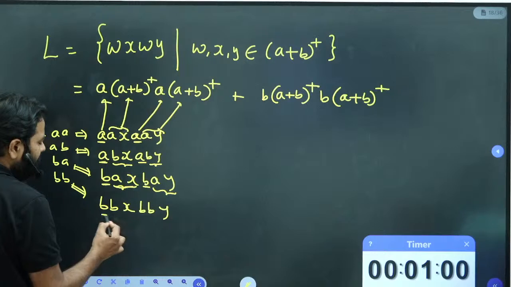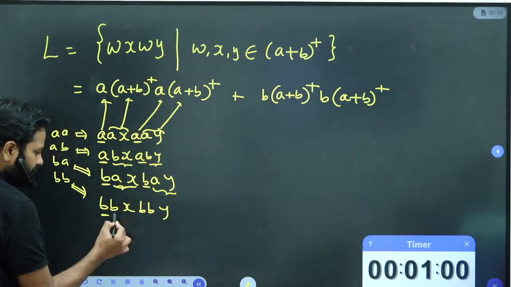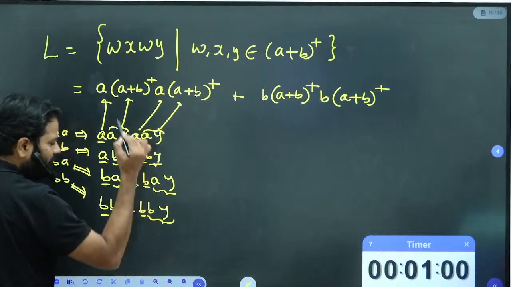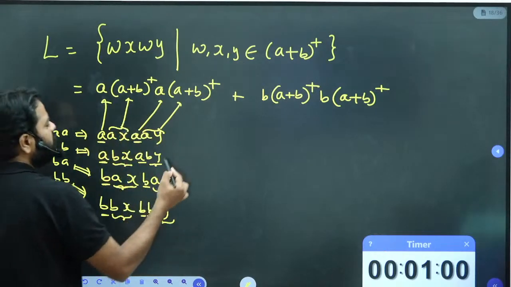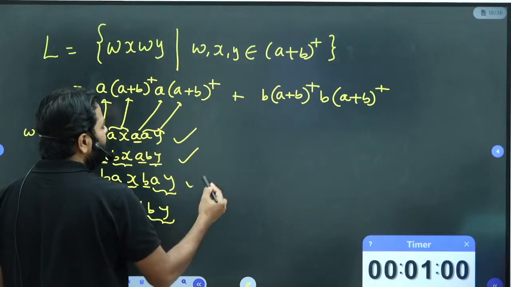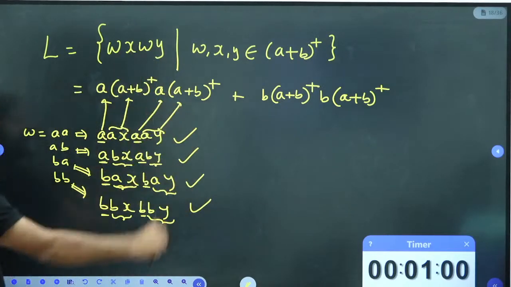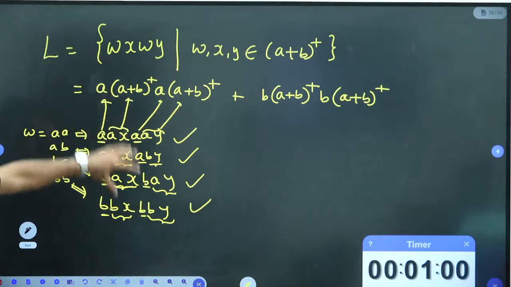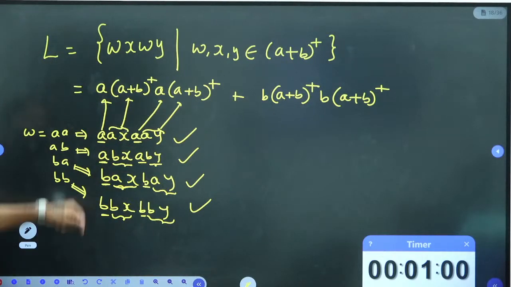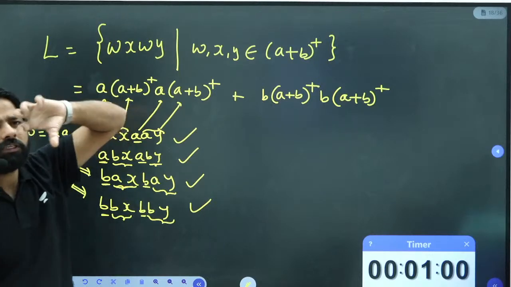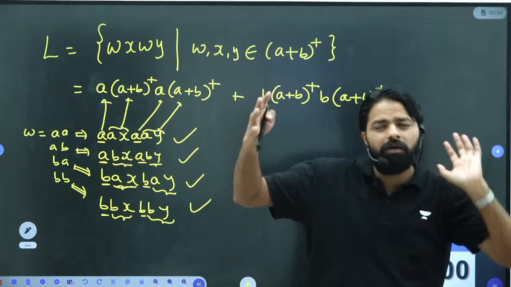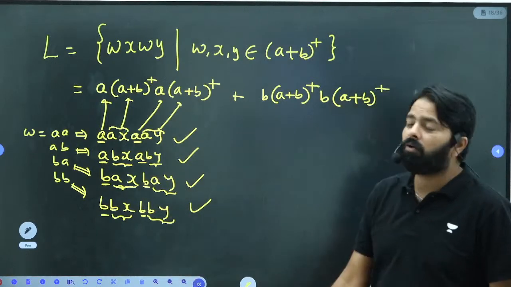When you see the B, this one, and here also B is there, this is covered by A plus B whole plus, this is also covered by A plus B whole plus. All these forms are somehow covered when you take the W as A or B. This is how you understand why this language has a regular expression. Because when you are trying for some starting W's, it covers the entire language. You don't need every W in the world, because one W can cover all the W's.